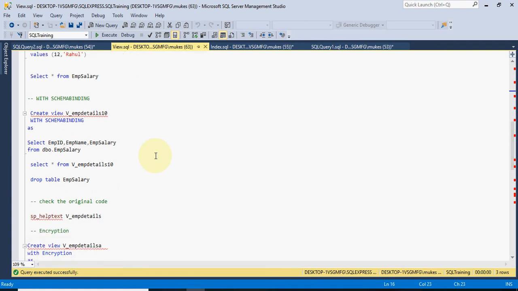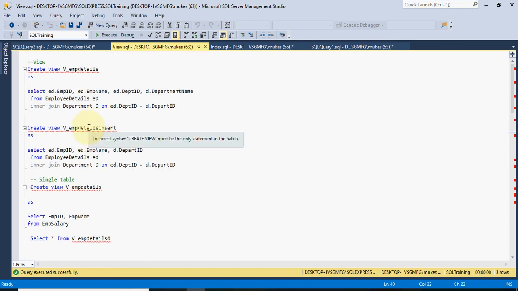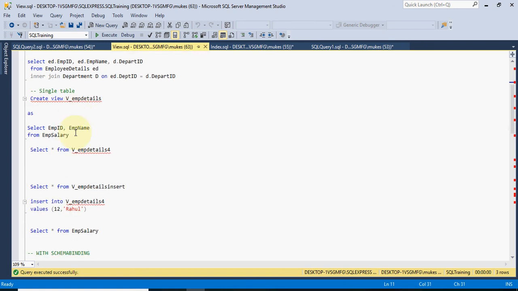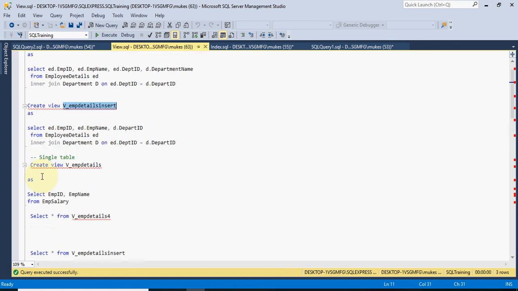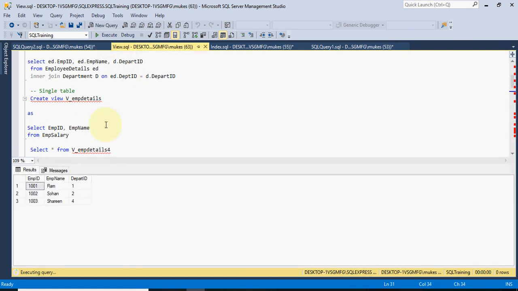So the next is schema binding in the view. So suppose you share the view name, employee detail, so this is a view created, right? Employee detail insert.